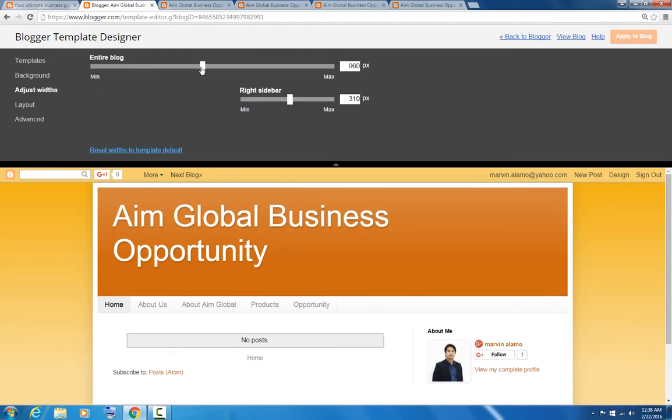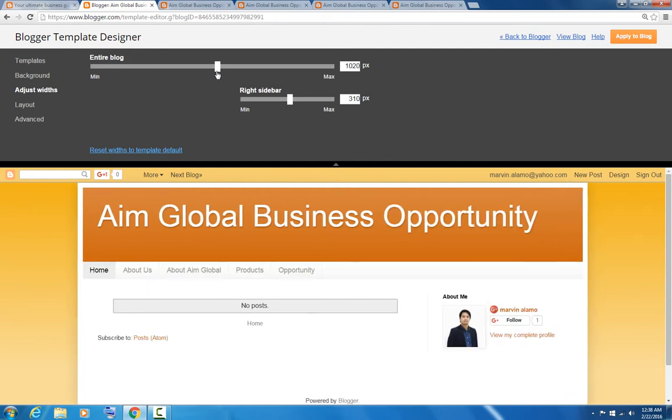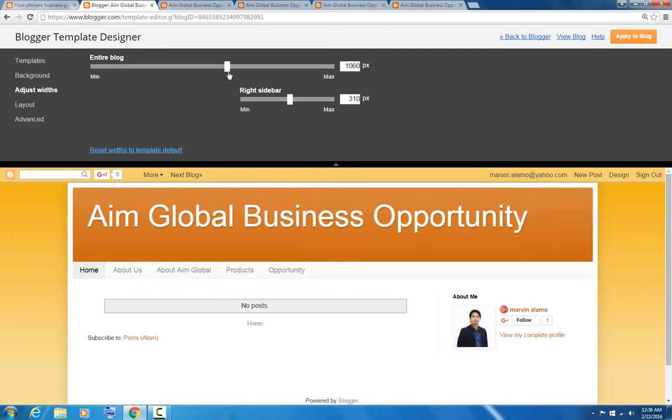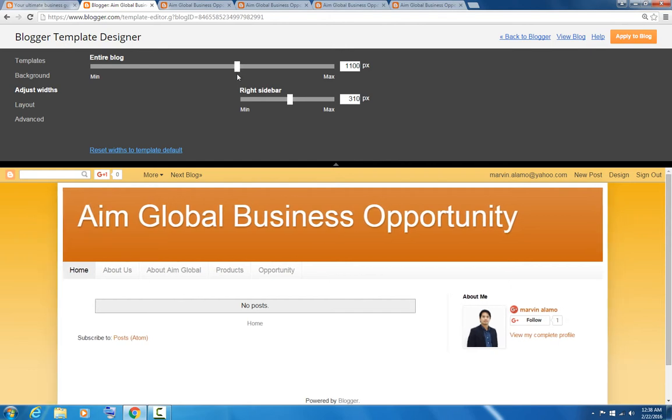Then let's change the width of the entire blog. Let's choose 1100. Then the right sidebar here, let's change it to 400, and make sure you click Apply to Blog.